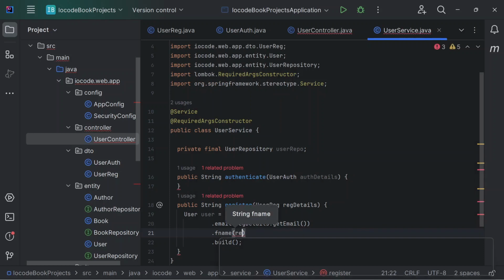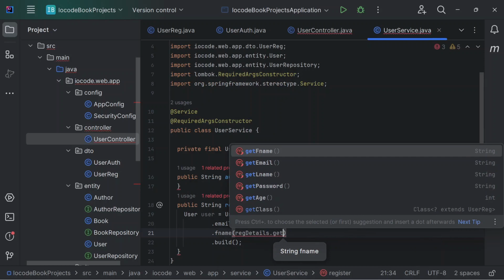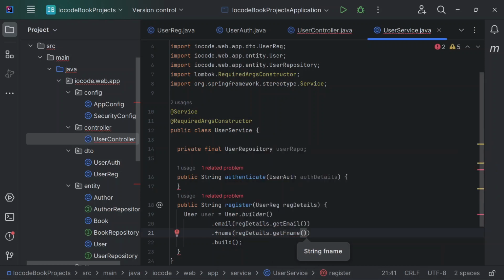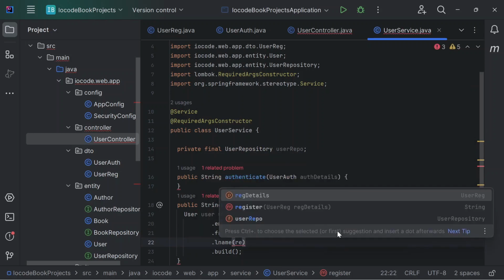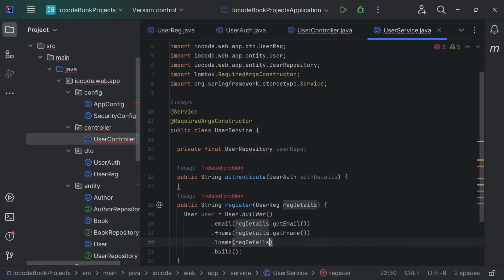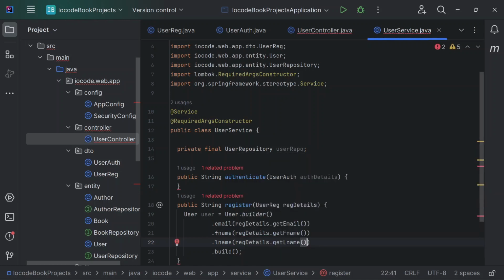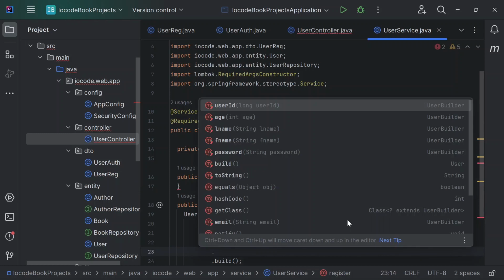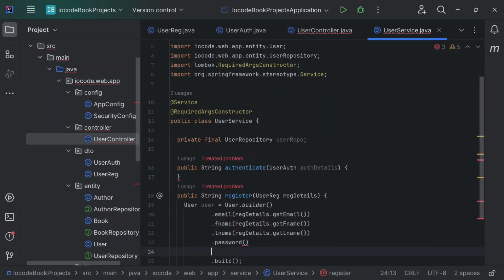First name should be regDetails dot getFName. Dot lName, regDetails again dot getLName, I'll leave that one at first, and dot age should be